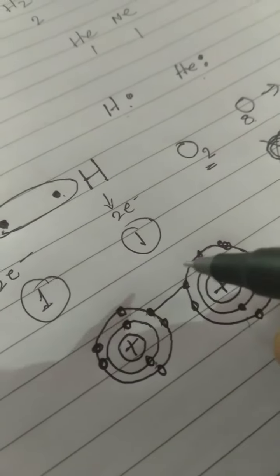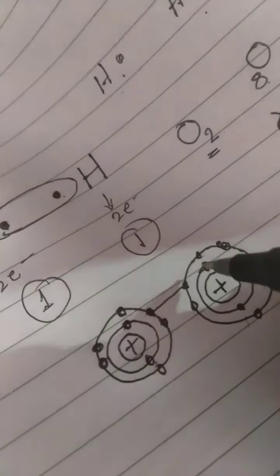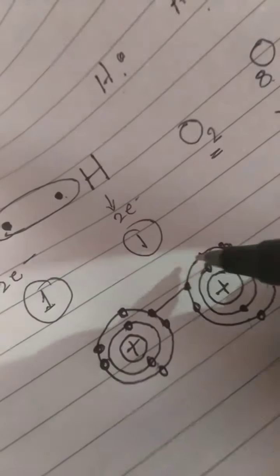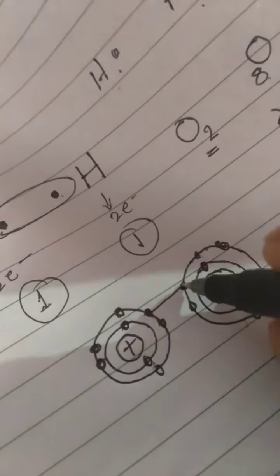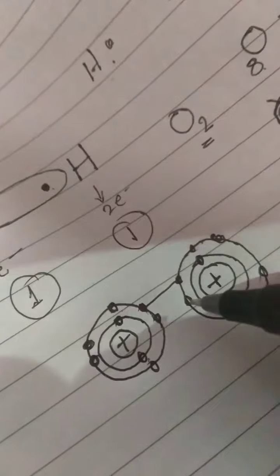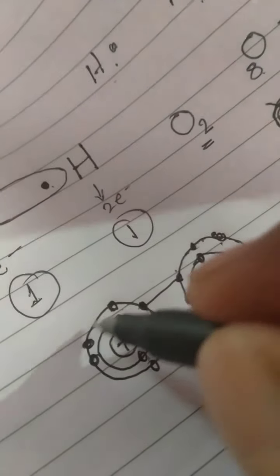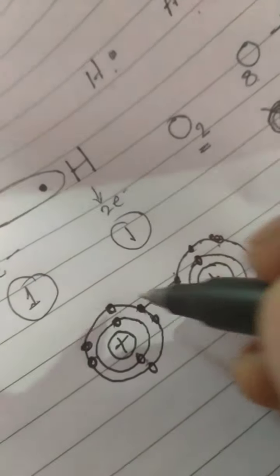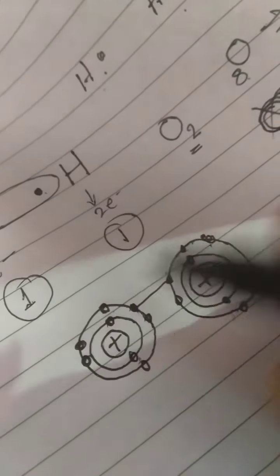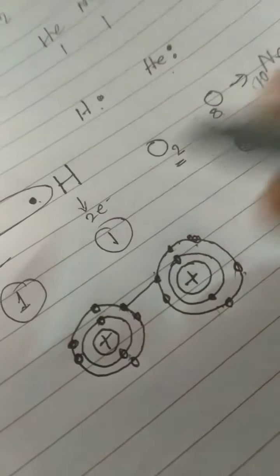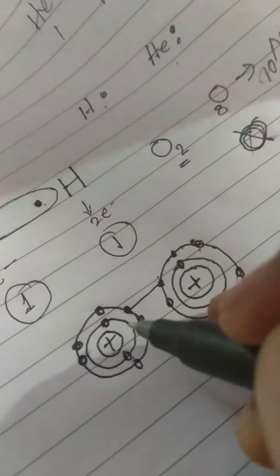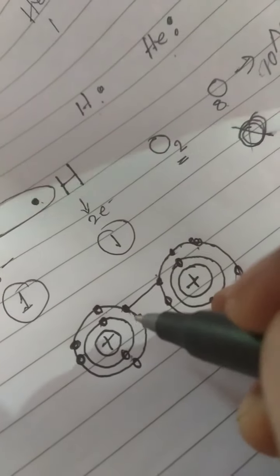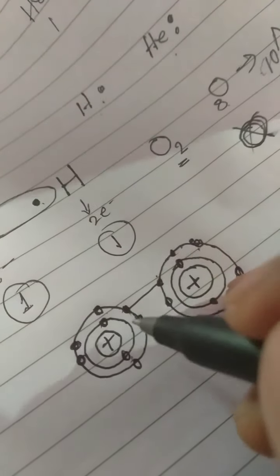Now let us count how many electrons it has. 1, 2, 3, 4, 5, 6, 7. Right? 7 electrons, you see. I will count this because they have shared. So similarly this oxygen will also have 7 electrons. But it requires 8 electrons, or the nearest noble gas is neon, so it requires 10 electrons in total. So already 7 electrons, now 8 plus 1.